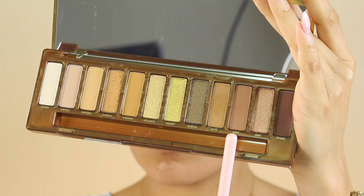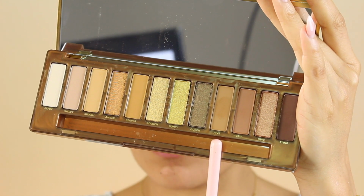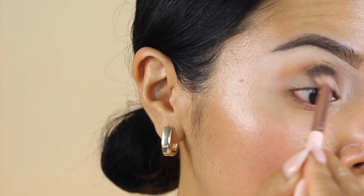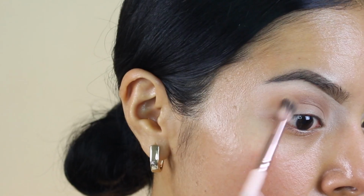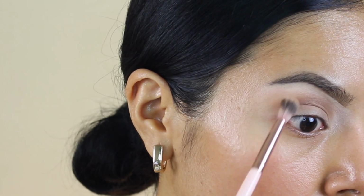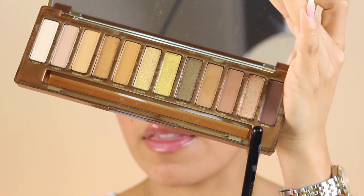We're gonna go in with Drip, which is a darker brown compared to the one that we just used. So Drip right here. With this color Drip, we really want to keep it centered more so on the crease, and then on the sides is where we kind of do it in circular motions to really blend out the color. So now we're going to be taking the color Sting, which is the darkest shade in the entire palette,